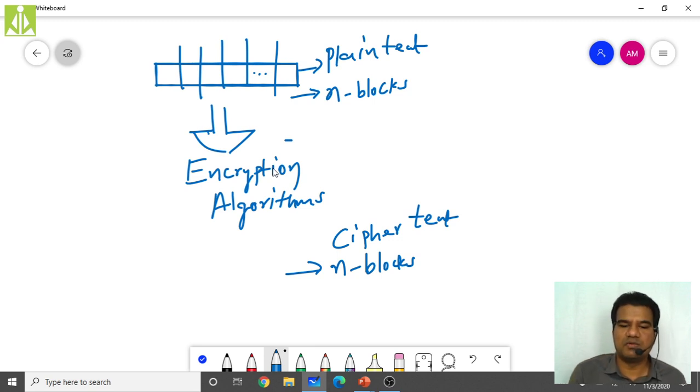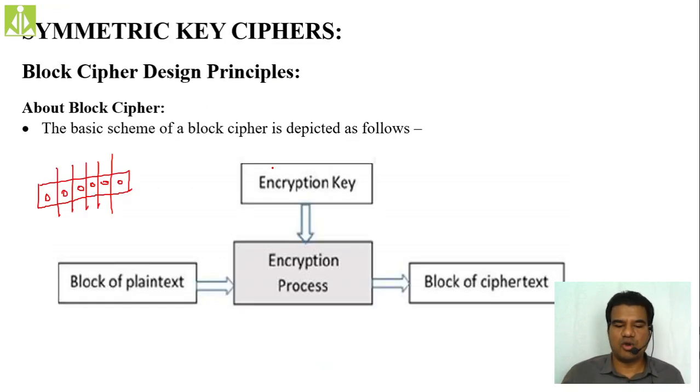Block cipher, how it works: it will take the plain text and divide it into equi-size blocks, and it will process one block in each step, one block in each process, we can say. When you are processing the algorithm, we give one block of plain text as an input to that algorithm, and we get the same size block of ciphertext. As you can see over here, we have the encryption algorithm, or encryption process. To this process we are giving only one block of plain text, and we get in return one block of ciphertext. That you have to remember.